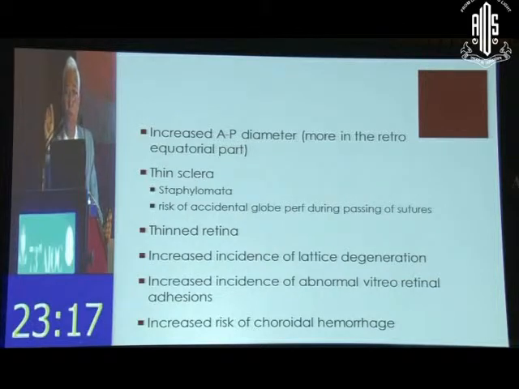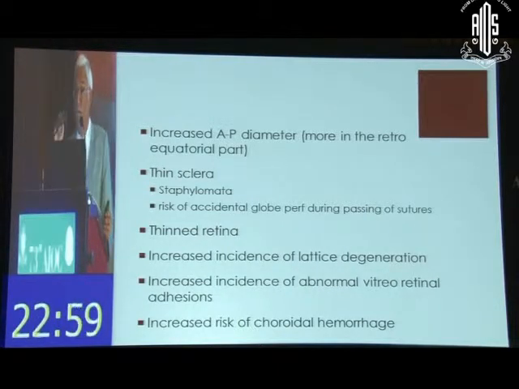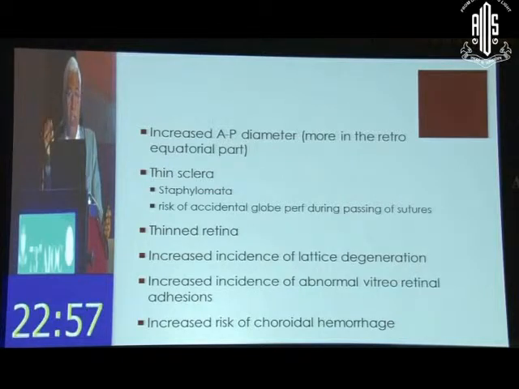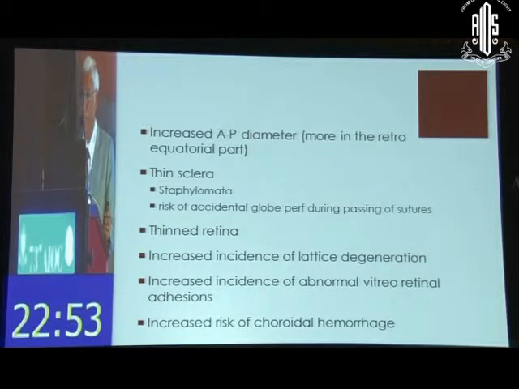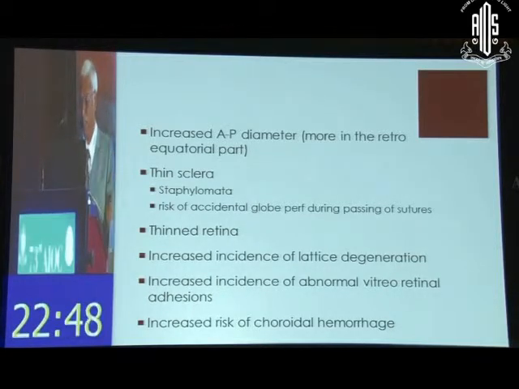Again, abnormal vitreoretinal adhesions are more common in high myopia than a normal or emmetropic eye. Something similar to what you see in so-called vitreoretinal syndromes. So there will be anomalous vitreoretinal attachment, so that the vitreous base can be quite posterior in a high myopic eye and not as anterior as you see in an emmetropic eye. There is also increased risk of choroidal hemorrhage because of relatively unsupported large choroidal vasculature. It can bleed very easily during surgery, especially with the sudden hypotony. Right? These are the specific features which set apart a highly myopic eye from an emmetropic eye.